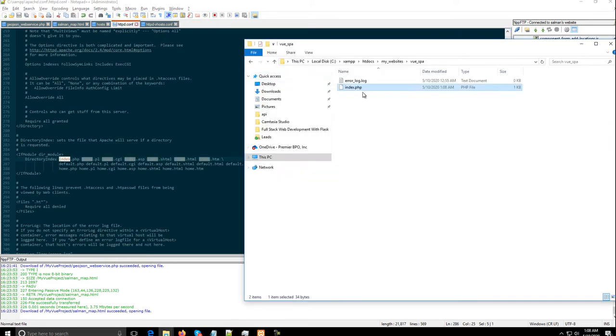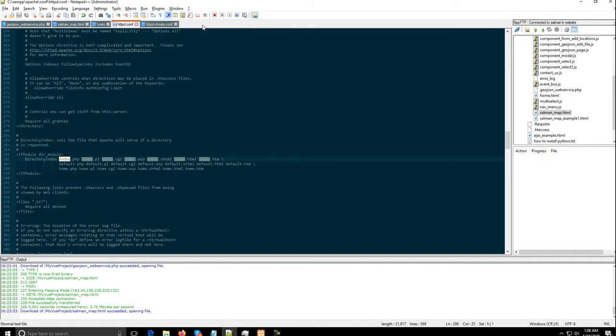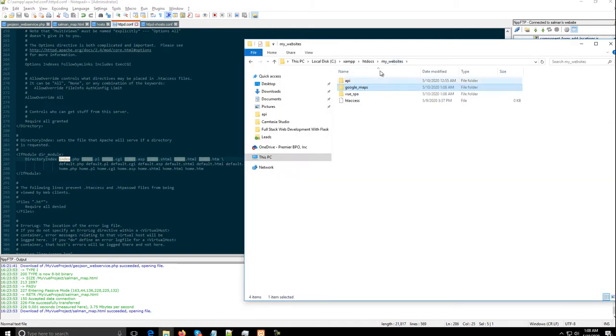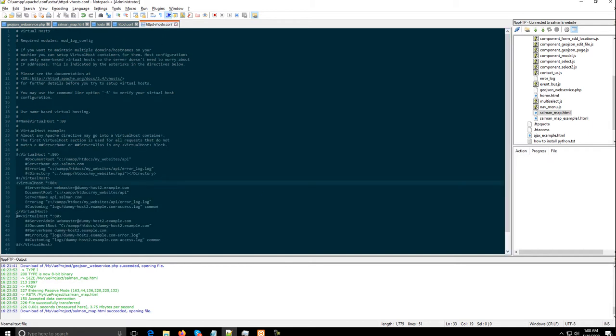save, close, go to the other folder, change this one to I am Google maps, alright, so that we see if it's working fine or not. Now we have defined that, and we have defined three URLs, all of them pointing to my local machine. I go into this virtual and I copy